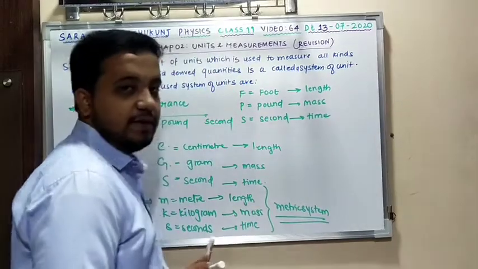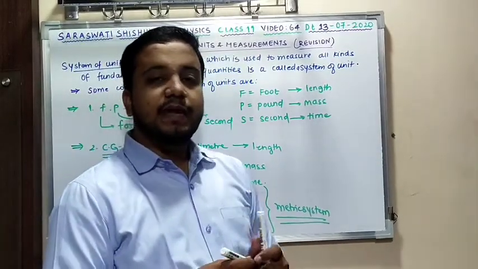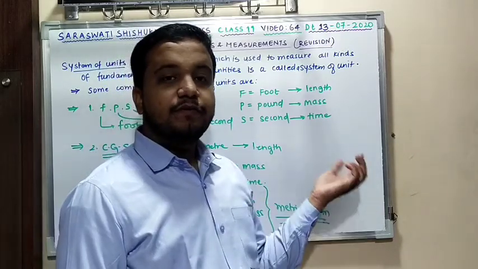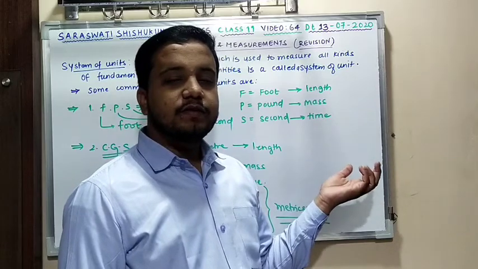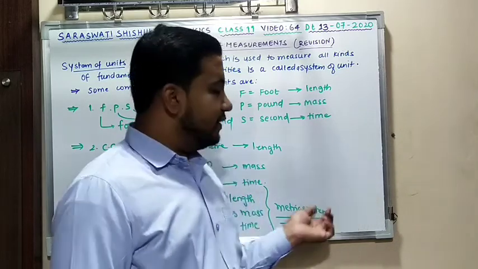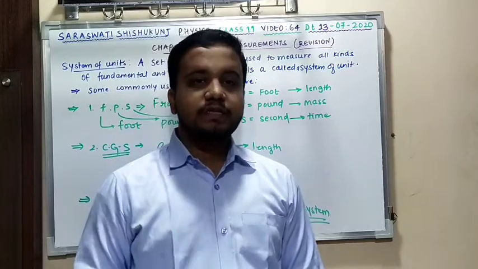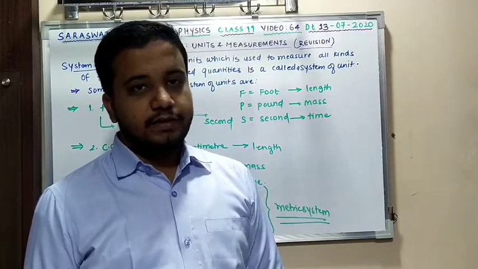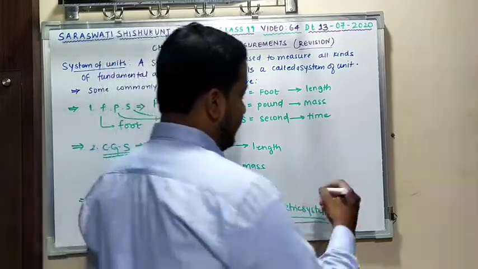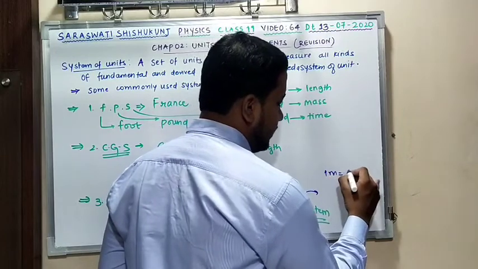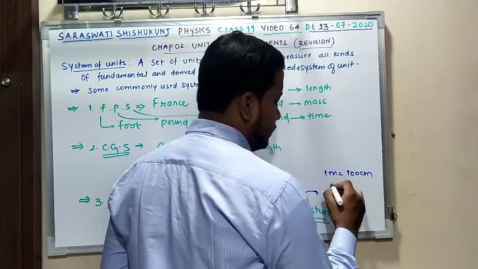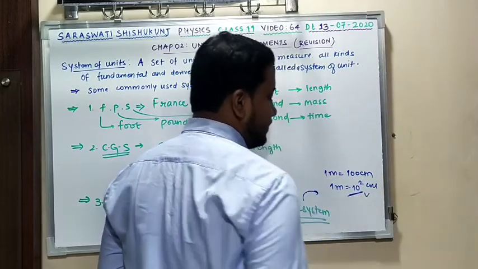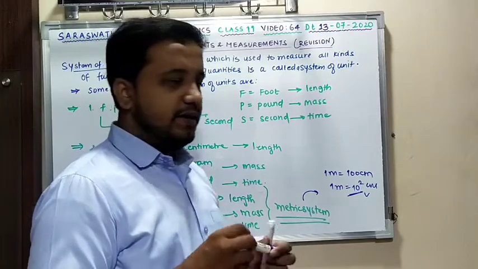A question arises: what is the metric system? The metric system can be expressed into multiples and submultiples of the basic unit in powers of 10 of their practical units. Clear? I can give one example here. In the metric system, 1 meter is equal to 100 centimeter, so I can write 1 meter as 10 power 2 centimeter. I can express it in powers of ten, so it is a metric system.